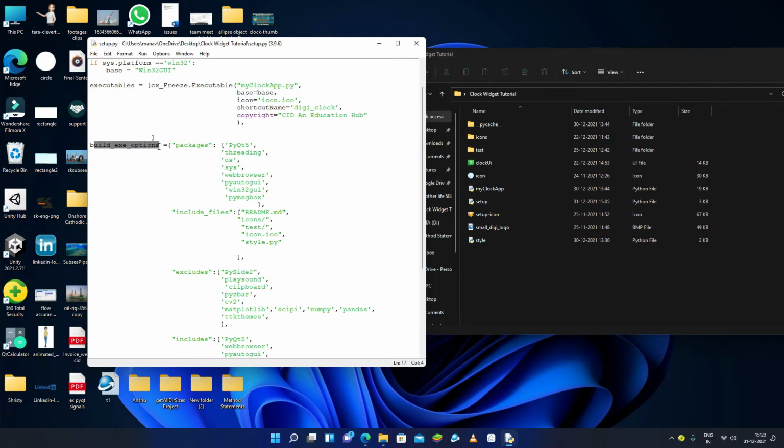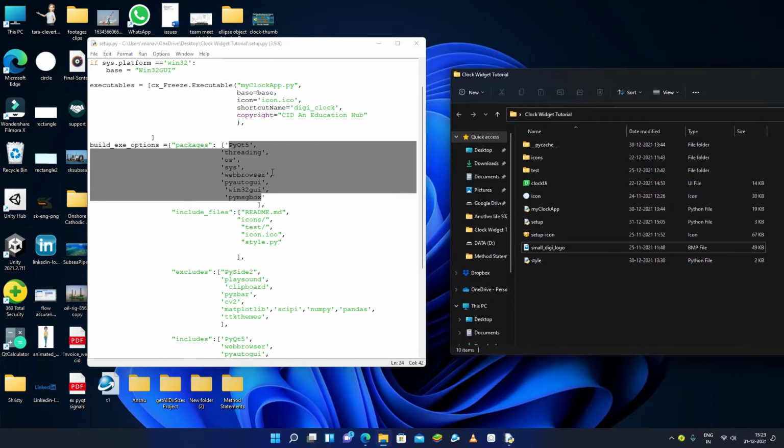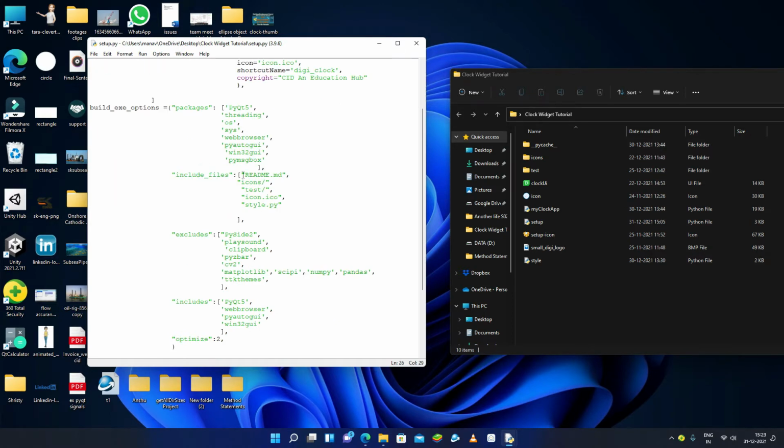Now build_exe_options is one dictionary, and under this dictionary this is the key, and under the packages key I will have to import all the things which are necessary for our application. You have to pass all the things which are necessary to your application, and include_files is all the files or folders which are in your current directory.